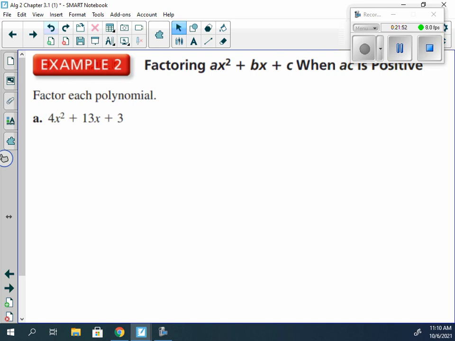So we're going to start off with what? Thank you. We're going to start off with greatest common factor. Is there a greatest common factor between these three terms? Is there a greatest common factor between 4x squared, 13x, and 3? Well, no. 13 and 3 are both prime numbers, so they won't have any other factors between one and themselves. So here, unfortunately, we don't have a greatest common factor. So we can move on to step number 2, which is